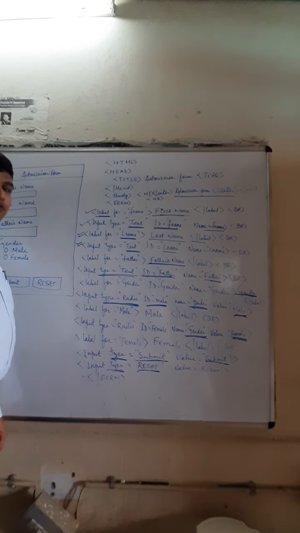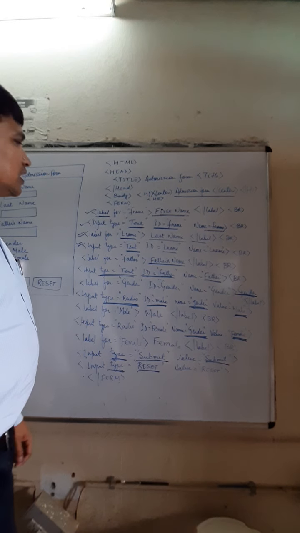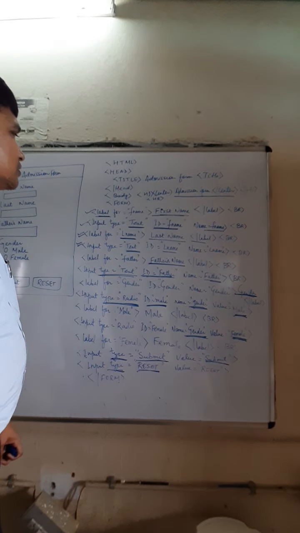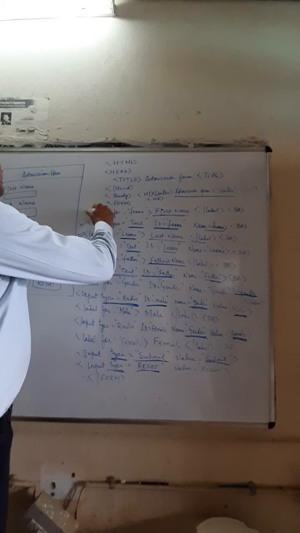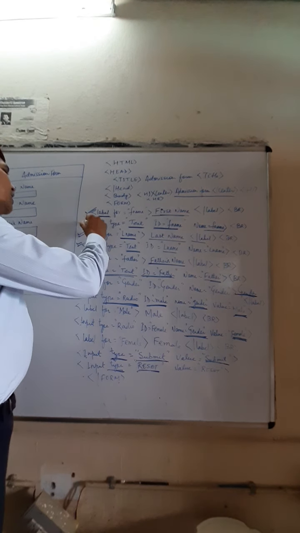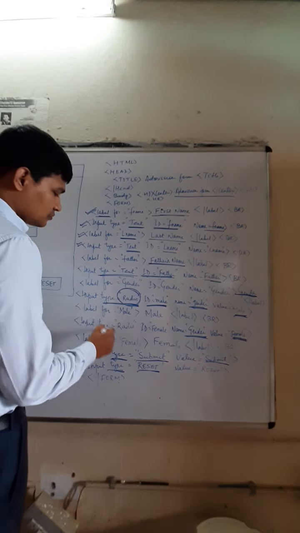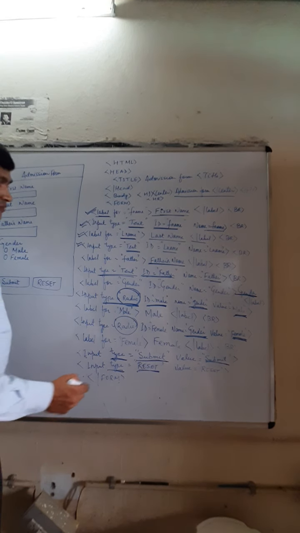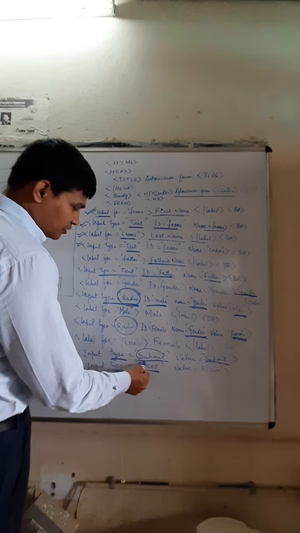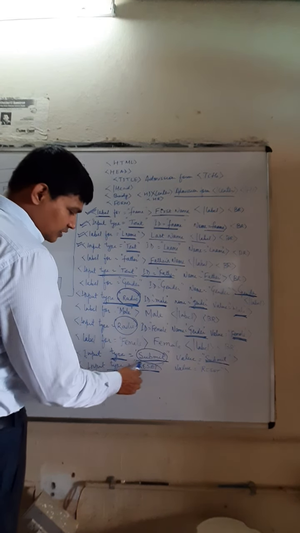So this is my lecture video. You find that there are several things I have discussed. The first, the use of label. The second, the use of input type text, and the third thing that I have discussed here, the input type radio button. I have used the two radio buttons, male and female, to define the male and female. And another thing that I have used is the submit input type, and the next thing that I have discussed here in my video is the reset type.